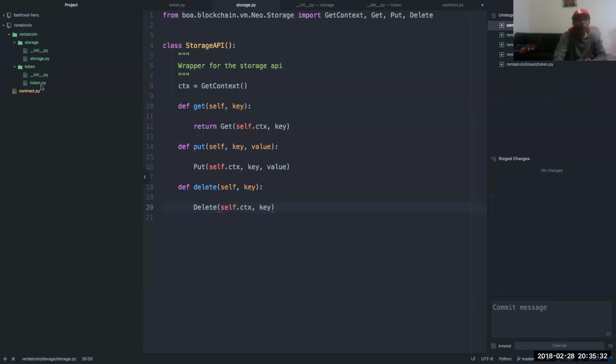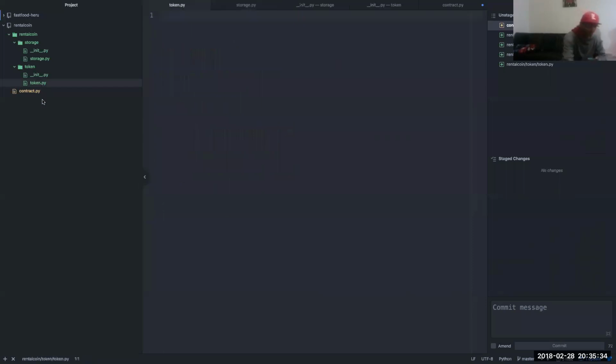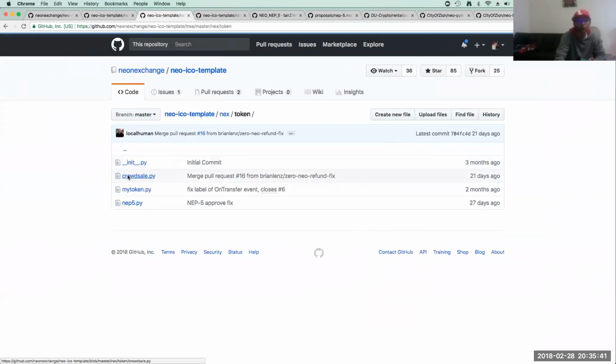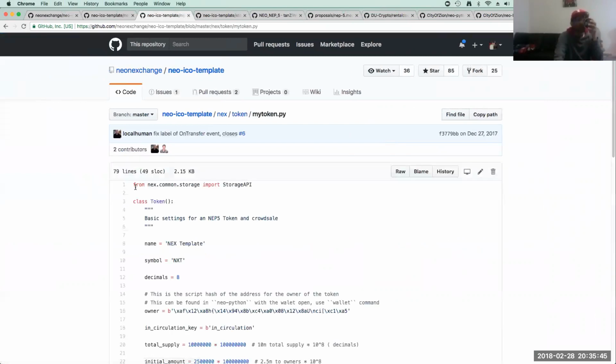All right, cool. And then in the token, they are setting the name variable, symbol variable, and the decimals variable. We're setting the script hash of the address of the owner of the token.